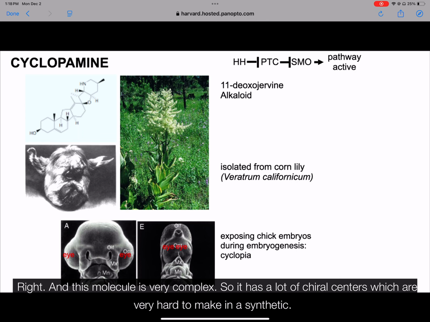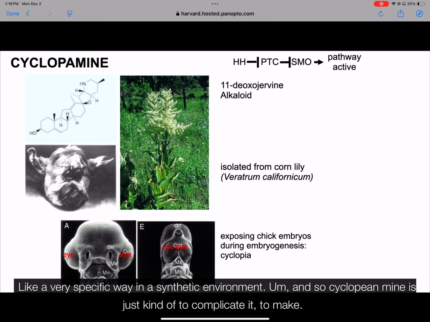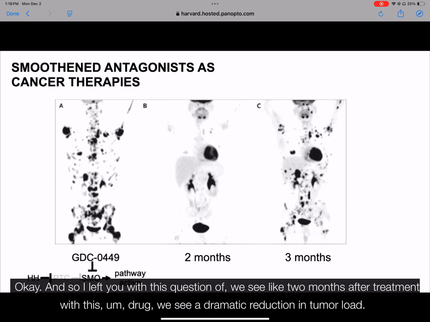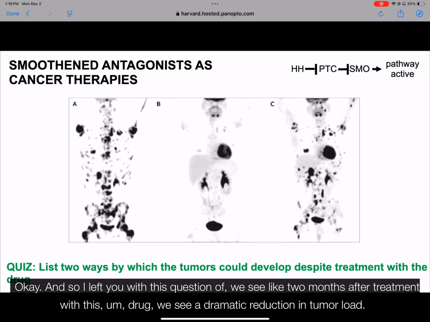So it has a lot of chiral centers, which are very hard to make in a very specific way in a synthetic environment. And so cyclopamine is just kind of too complicated to make. So there are other small molecules that have the same effect, but are simpler to make in a drug capacity, okay? And so I left you with this question of, we see 2 months after treatment with this drug,